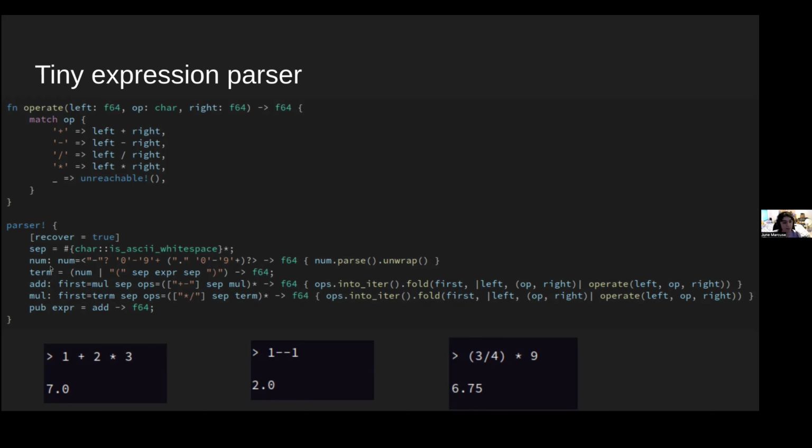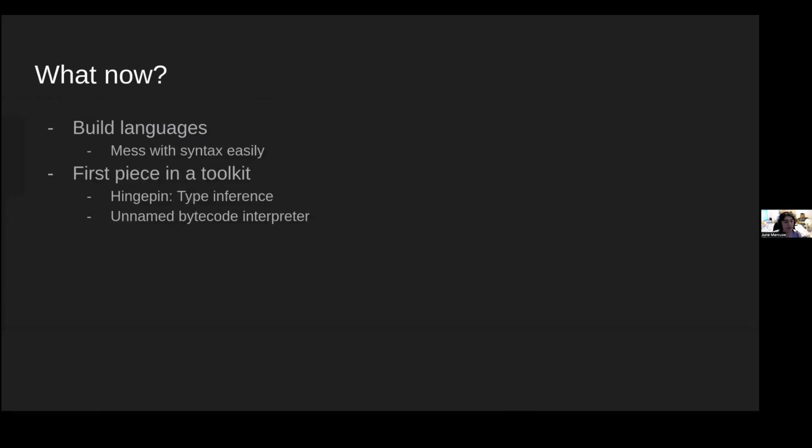And you could do this up and up to apply to other operator precedences. So it really cuts out a lot of the difficulty of making an expression parser. And if you have an expression parser, you're kind of like halfway to a programming language. And that is my goal. I love building programming languages, and I want to make it easier. This is just the first piece in a toolkit I'm trying to make.